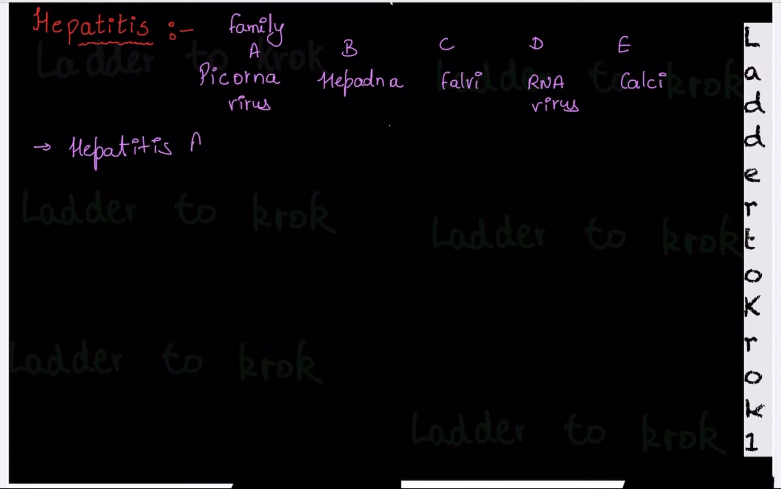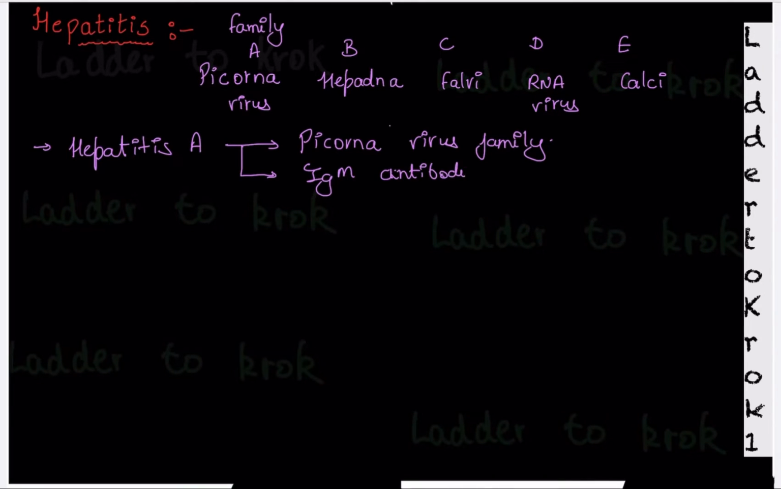Hepatitis A. This is from which family? Picorna virus family, as we just discussed. In this, you will usually find IgM antibodies in our blood serum. And remember one very important point from this, that it is the only